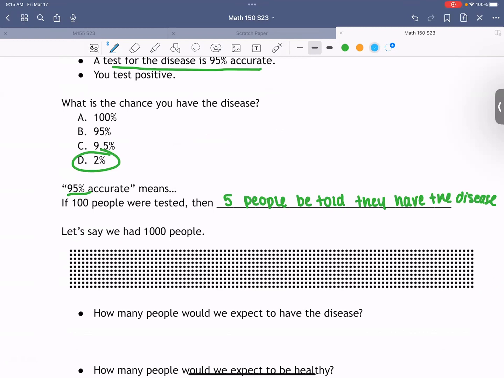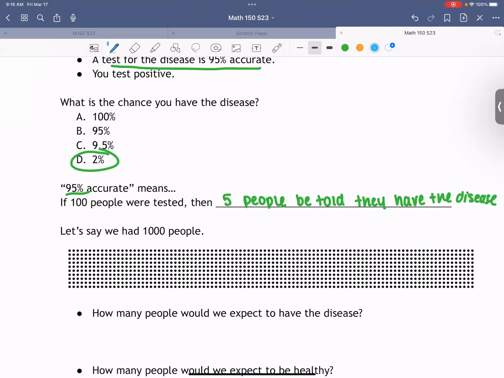So let's say I have 100 people, or sorry, 1,000 people. I don't know which ones have the disease or not. And I literally drew a picture of all these people where every single person is a dot. So there's 1,000 dots on the page. I know it doesn't look like it because the dots are so small, but there are actually 1,000 dots. I put 1,000 dots on that paper.